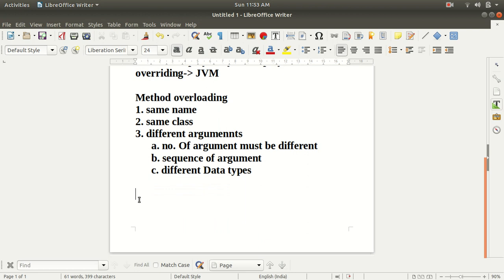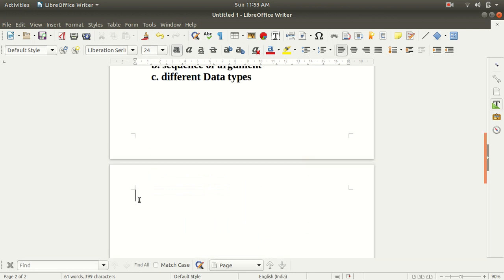So now I am going to discuss how to achieve method overriding. There are certain rules to achieve method overriding. The first rule is that the method name should be the same, like in the overloading we have discussed.